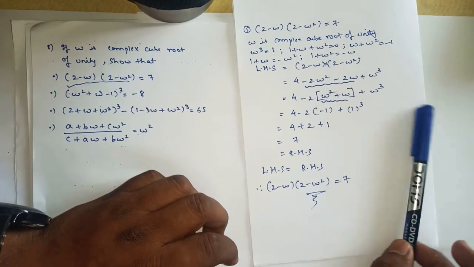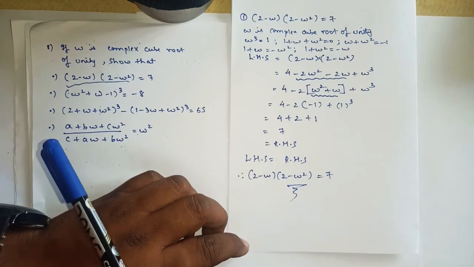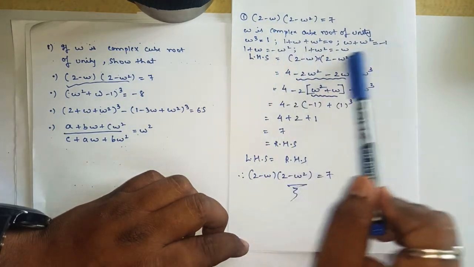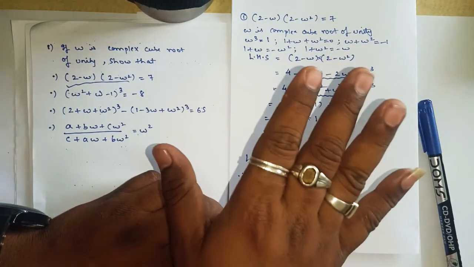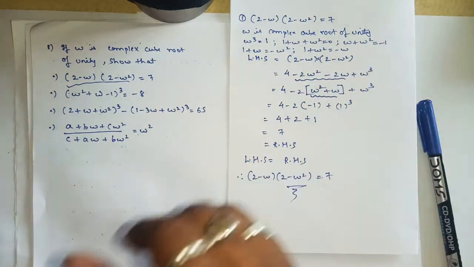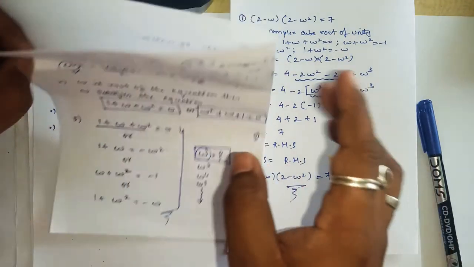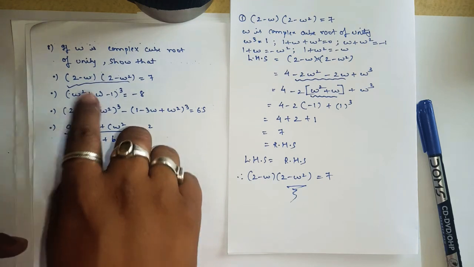Okay, so you must know when to do the bracket expansion, when to bring the common, when to guess it looks like the formula which we have. So these are the basic things you must know before solving the sums. Okay, so that's why I told in the last lecture, without knowing the properties, without knowing the concept, without knowing this formula, you cannot solve the sums from the exercise. So that was the first sum. I hope you all understood the first sum. So now let's move on to the second one.